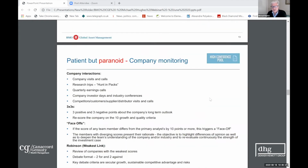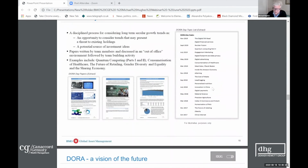Now, there's one other aspect of this that's really important to remember, which is that if you really want to understand the long-term future of a company, and we do, it's not enough these days to understand the future of the company, because the future itself is changing very fast. And so we have a whole different thing that we do alongside this really in-depth analysis into companies, which we call